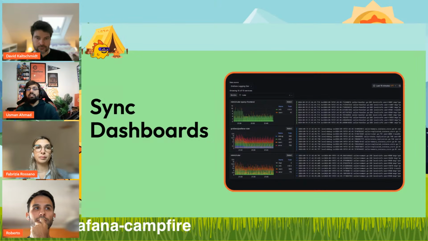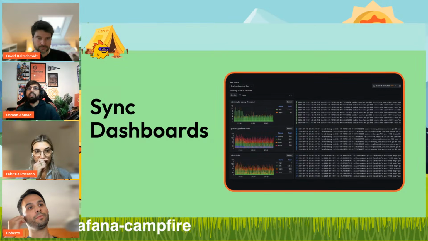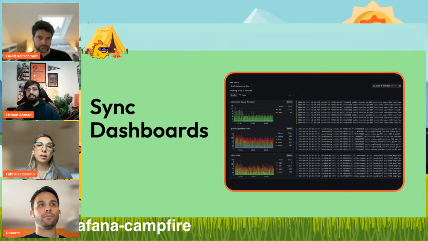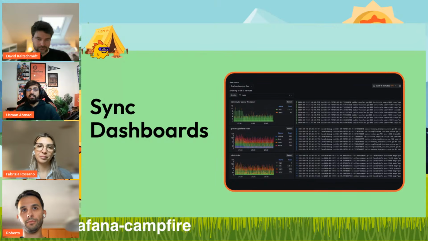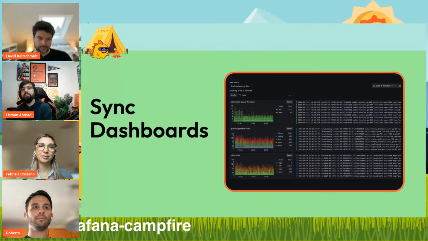Using JSON or projects like Grizzly has some learning curve and some technical challenges, so not everyone is able to adopt it. Having this UI part where a normal user can create a dashboard, ship it to the GitHub repo, sync it and get it back,